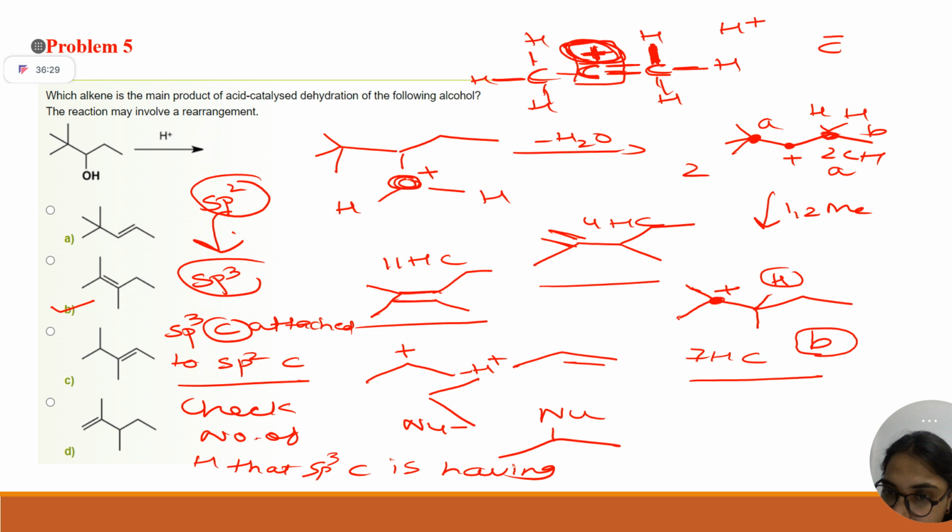If I am here, this is my sp2 carbon. Now which carbon should I look at? We have to see the carbon just next to that sp2 center. We have to only see those carbons, okay? Just next to that carbocation. So we are having 3 carbons, 1, 2, 3. Correct? How many hydrogens? 3 hydrogens and 3 hydrogens and 1 hydrogen. Now clear? How I am seeing hyperconjugation in carbocation? Yes, ma'am. Clear, ma'am.